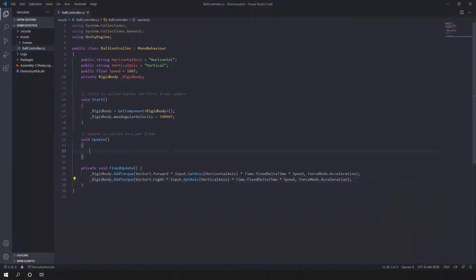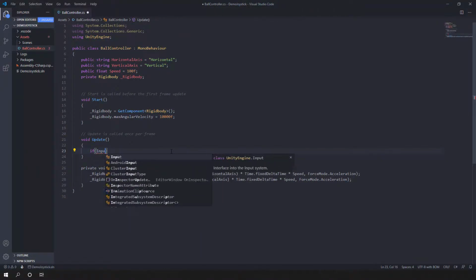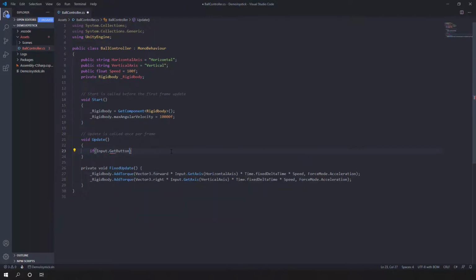If we want to get information of a button, we can use if input get button. Right here you can see. And we can have also get joystick names. So I can get button, and I can look for a specific button.